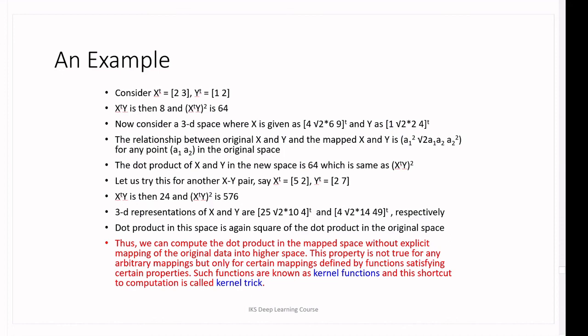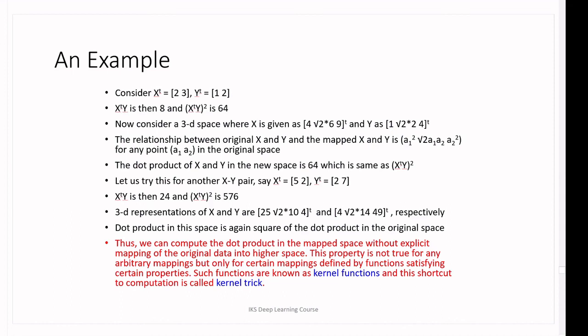One can try this for another pair of x and y, (5, 2) and (2, 7). In that case, the original space dot product and the square of the dot product are 24 and 576. And with the 3D representation for x and y, we get the same dot product, 576. Okay, so we can actually compute the dot product in the mapped space without explicitly mapping the original data